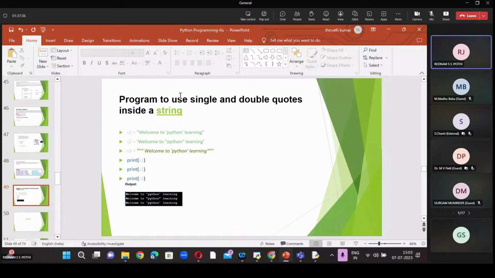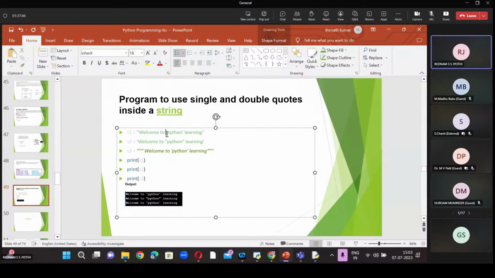Okay, a program to use single and double quotes inside a string. There are 3 strings, S1, S2, S3. Welcome to Python programming. Here the Python is enclosed with single quotes, and in the second statement the Python is enclosed with double quotes, and in the third statement it is represented in single quotes, and there are triple quotes also.